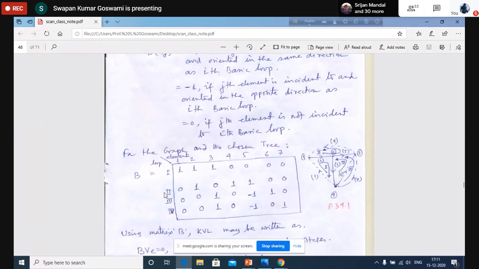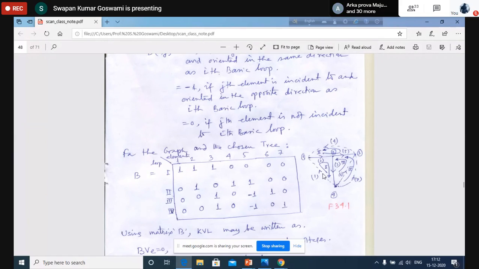Now you form the B matrix, the matrix between loops and elements. Consider element 1. Element 1 is in loop 1. It is a link, so obviously a link cannot take part in more than one loop because we are forming a basic loop. So a link will take part in one loop only. So it is taking part in loop 1. So the entry will be +1, because this link has formed this loop, and the direction of the loop is identified by the direction of the link. So obviously it will be +1, and all other entries will be 0 because